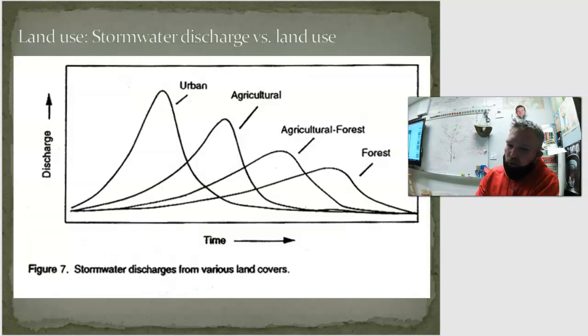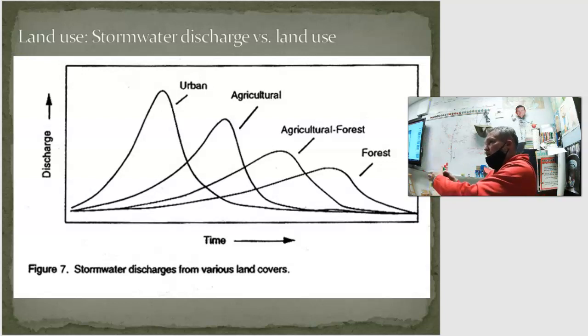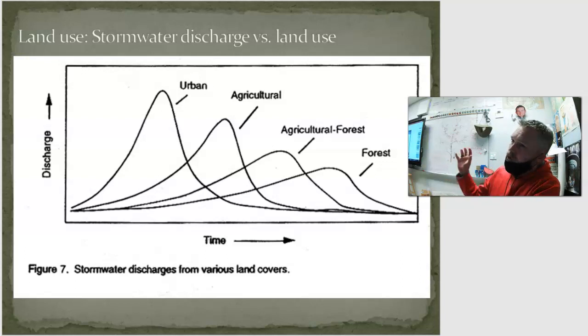So where we're headed with this information, oh, I forgot this. And then this is also runoff after rain events based on urban, agricultural, forest, and then just forest, which is going to be pristine forest land. Agriculture is where you have pristine natural environments, but you're mixing agricultural things with it. And then agricultural is like, I am just raising a bunch of cattle. And then urban is, obviously, we've got a bunch of cities. So notice that the runoff events from urban happen real quick in a storm. And then the more natural it gets, the less runoff you have, and the more the water stays in the area.